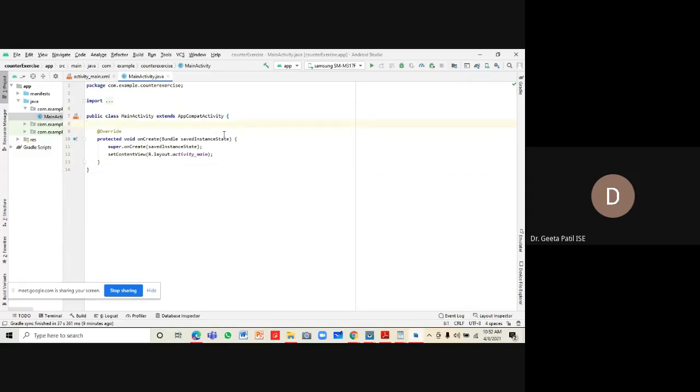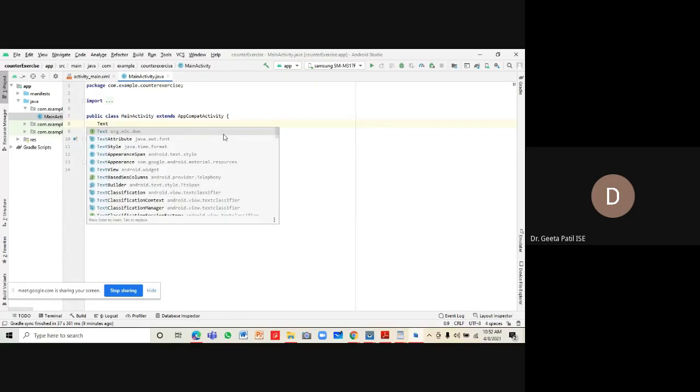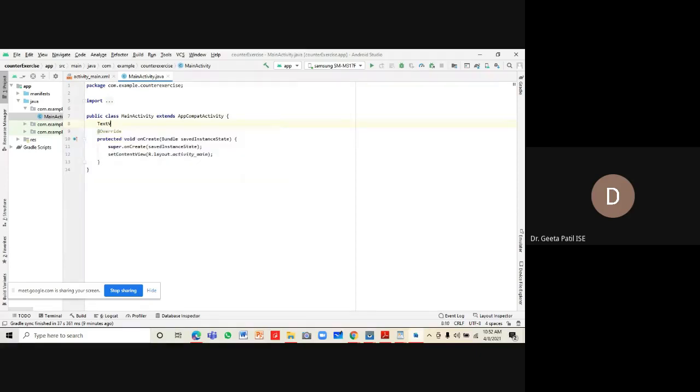Over here, what is the first thing we should be doing? We need to create references to two buttons and one text view. In order to do it, let us create objects of them. So let's create an object of TextView, txt_count, the label associated with the text view.